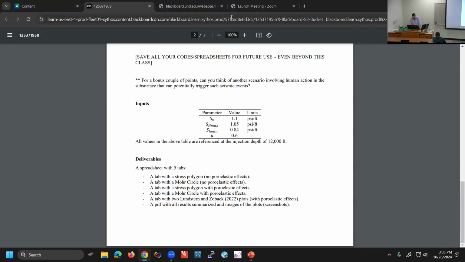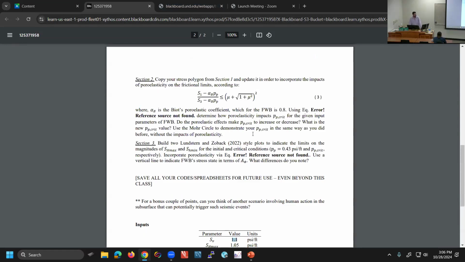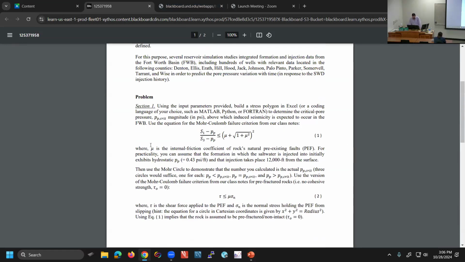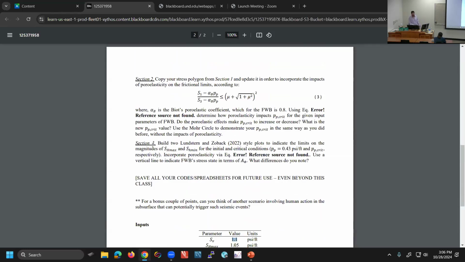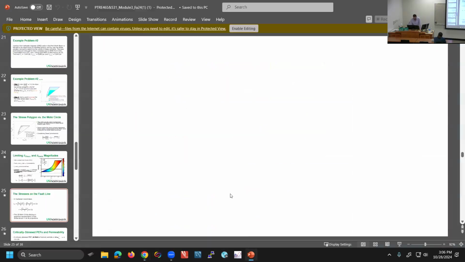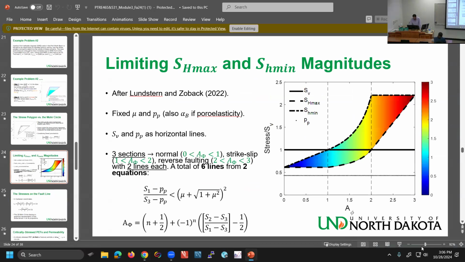The only other catch is, remember, you divide by 1.1, not by 0.43. The other catch is for the Lundstern plots. I ask you to consider poroelasticity. That means when you come here to draw it,